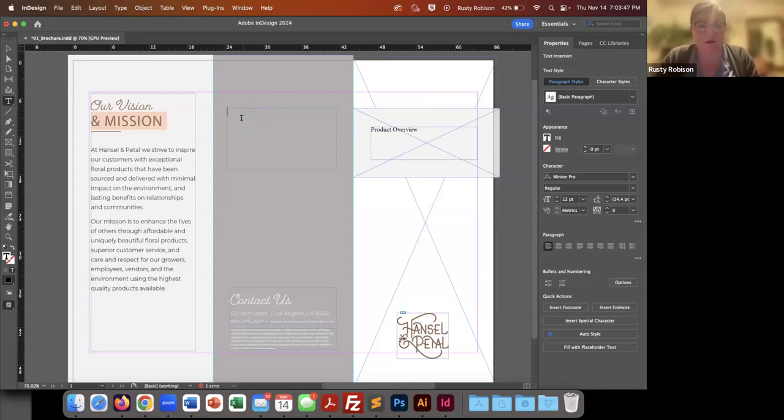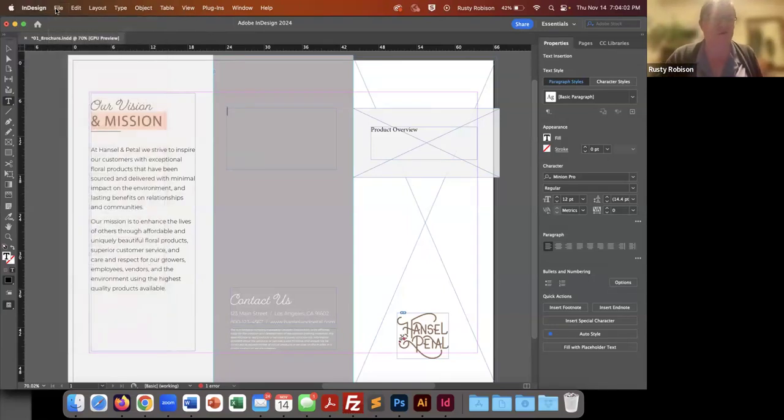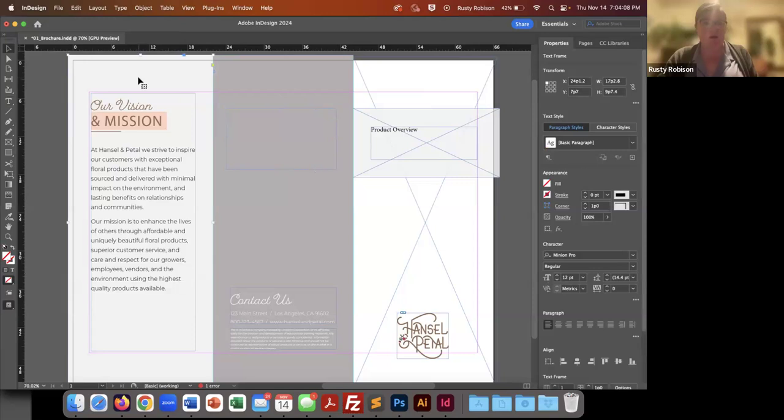Adding artwork, you're using the same function, File, Place, but there are different ways to do it. So this is where, like I said, it becomes really important to make sure